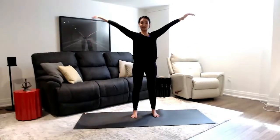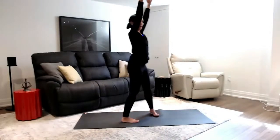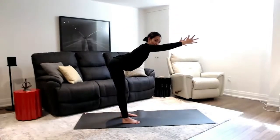And let's hold here for 1, 2, 3, 4, and 5. You're gonna turn your palms so they're facing up. And then inhale, reach the arms up. Drop your shoulders. And then as you exhale, you're gonna start to fold forward halfway, reach your fingertips out in front of you,